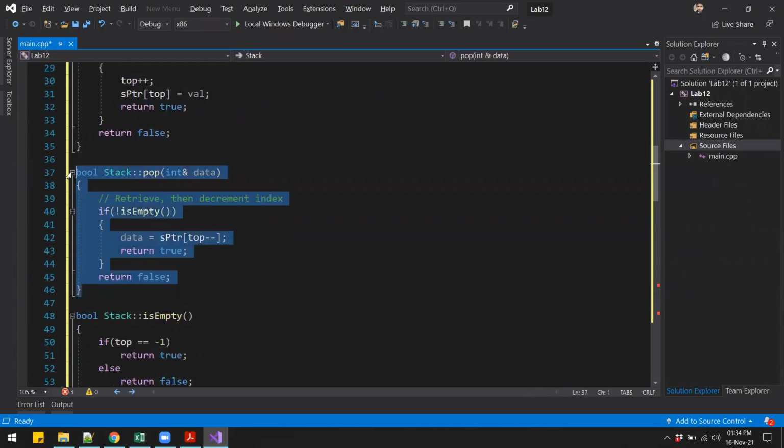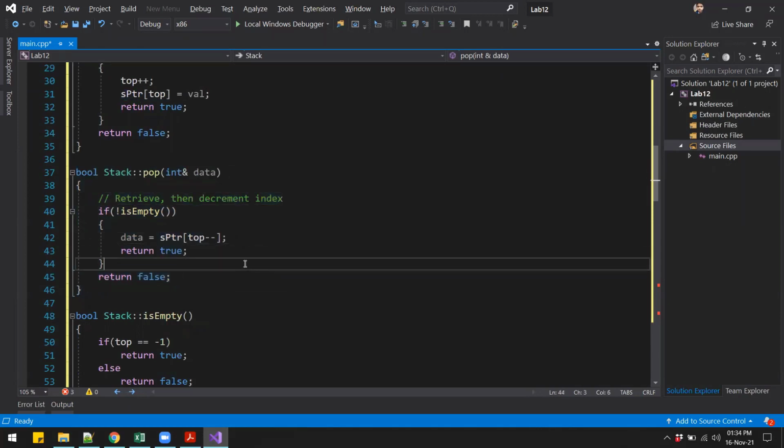Then we have the pop function. So what this function will do is pop the data, that means remove the topmost element from the stack. And once again, we can only remove the data if the stack is not empty, or if there is some value in the stack. So we first check if the stack is not empty, that means there is some data in the stack.